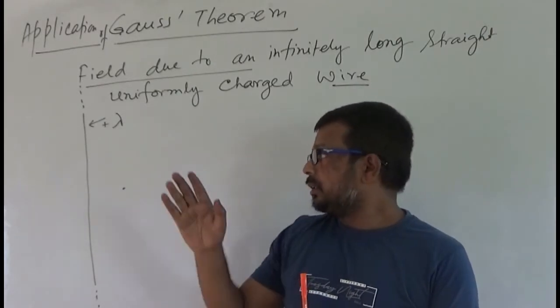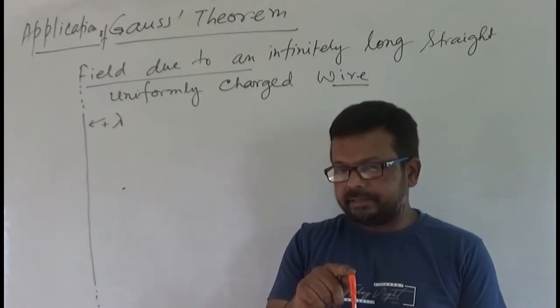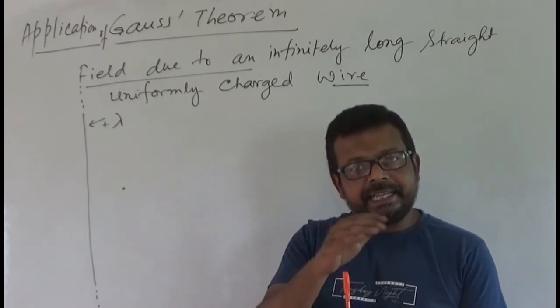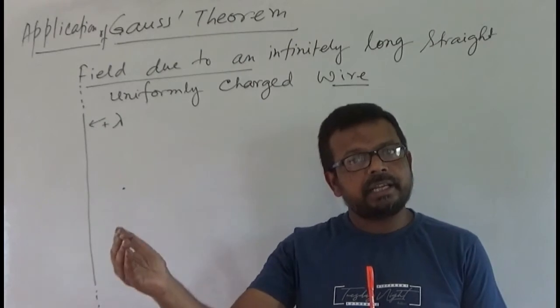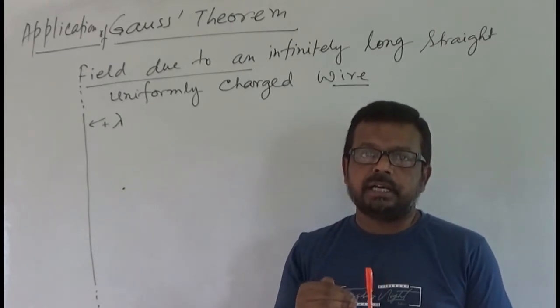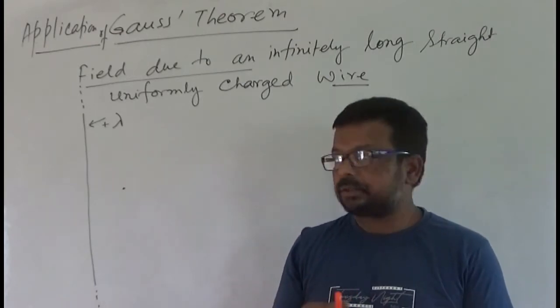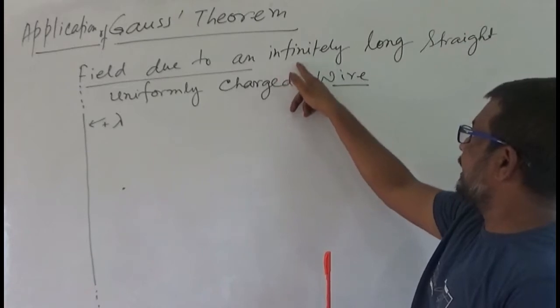That means if the wire is finite, then we cannot say that at each and every point the electric field lines are radially outward, and it only depends on the distance from the wire. But since we have assumed the wire as infinite,